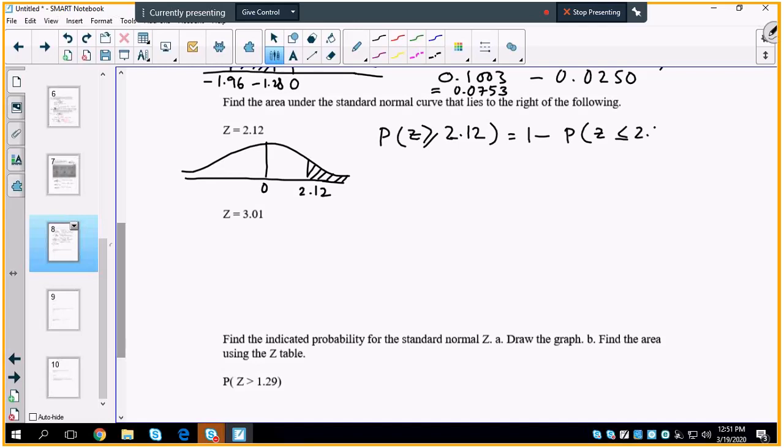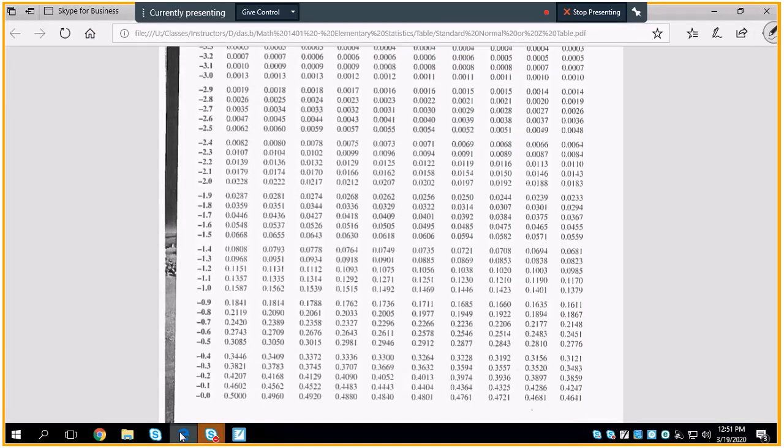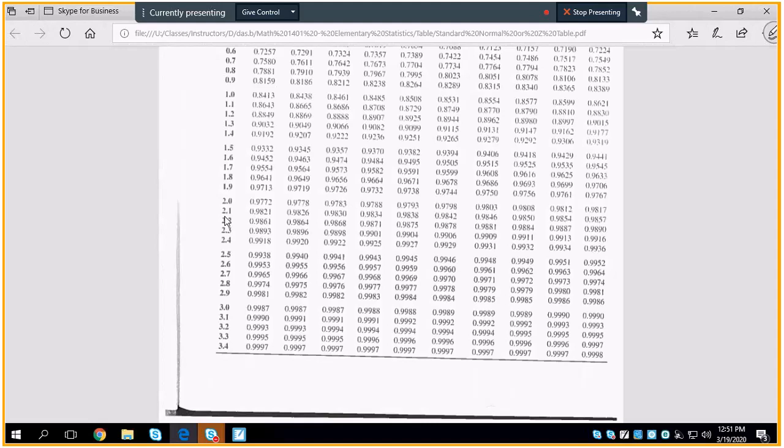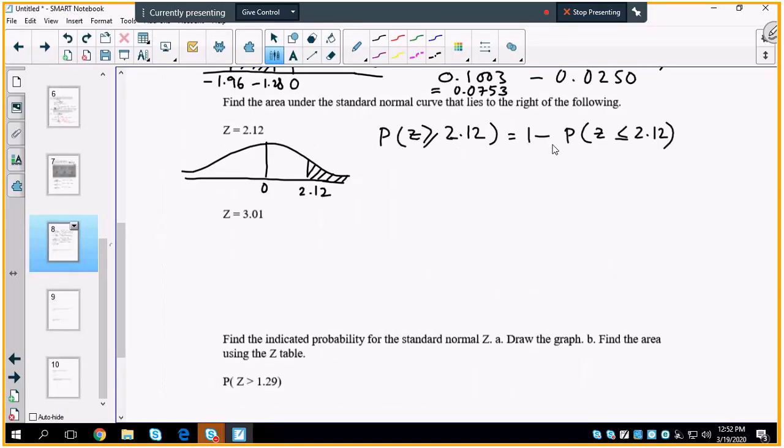So find the area to the left, which is directly coming from the table, and subtract from 1, and it would answer your question. Okay, so let's try to do that. We'll go to my table, and I want 2.12. 2.1 is the row, 0, 1, 2 is the column, so that's 0.9830. So I go ahead and say that this is 1 minus